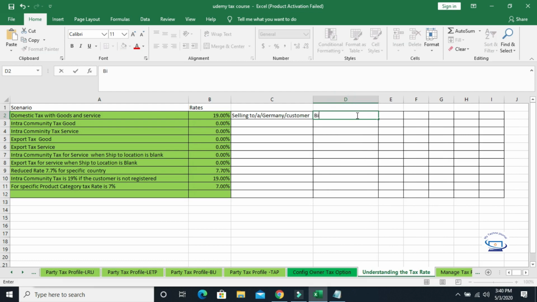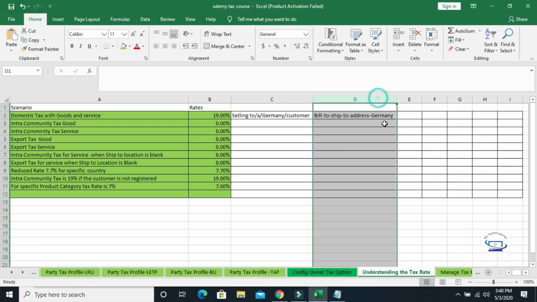So that means bill to, ship to address equal to Germany. Okay. So this is our first scenario. So we need to create a tax rate for this.